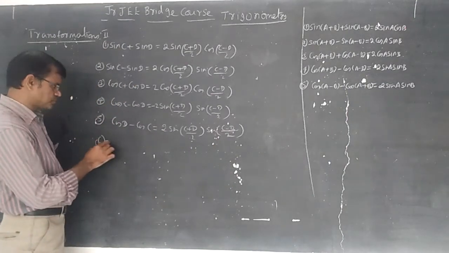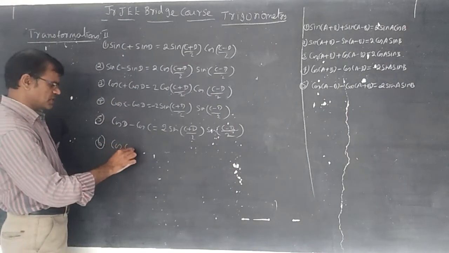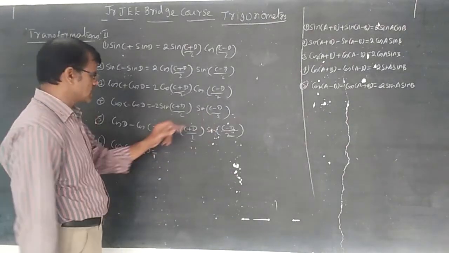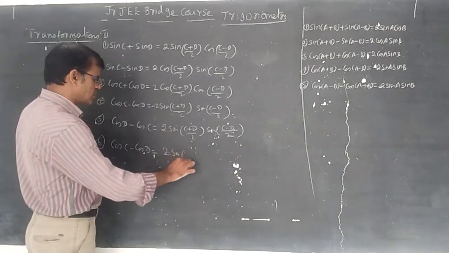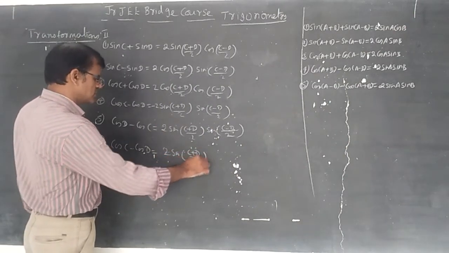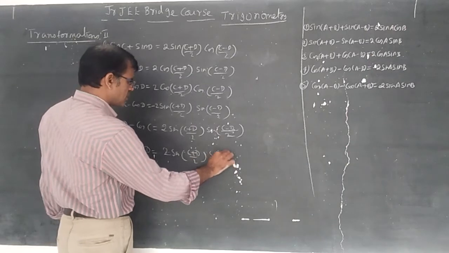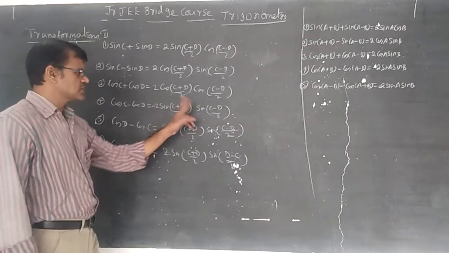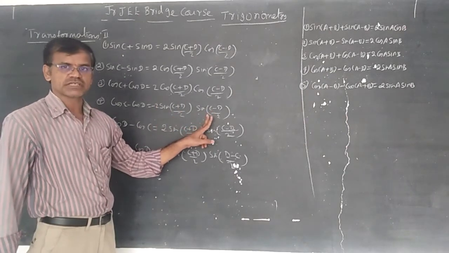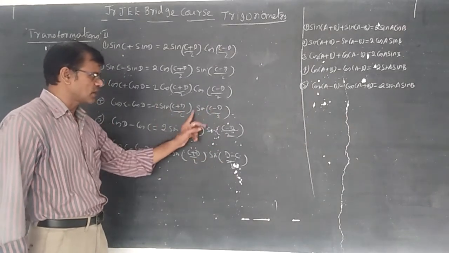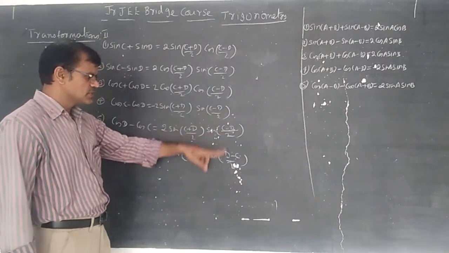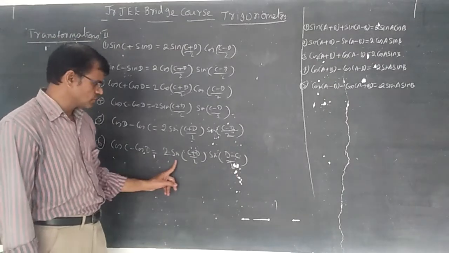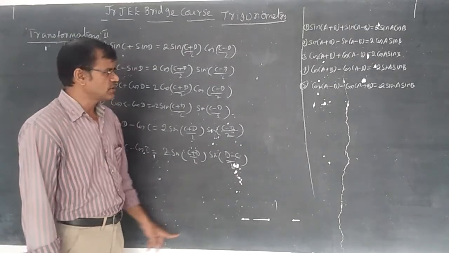Next, sixth one: cos C minus cos D. Depending on sin of minus theta is equal to minus sin theta, you can write here 2 sin of (C plus D) by 2 into sin of (D minus C) by 2. Minus taken this side, sin of minus theta becomes minus sin theta, minus of minus, whenever I have taken common as D, C minus D became D minus C with the plus symbol. That is how you can understand cos C minus cos D is equal to 2 sin (C plus D) by 2 into sin (D minus C) by 2.